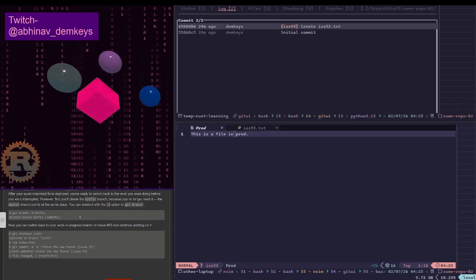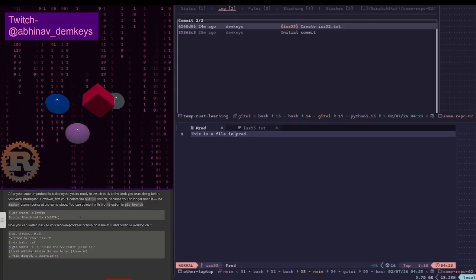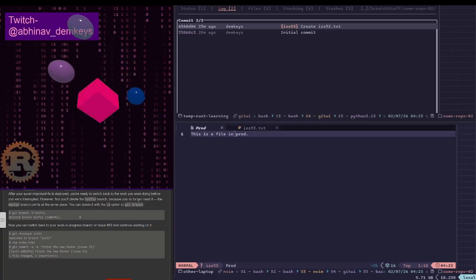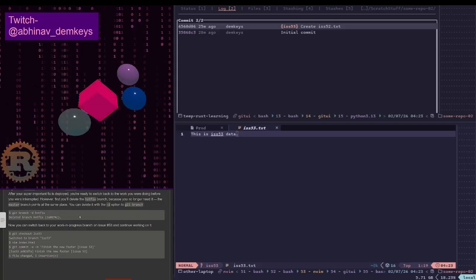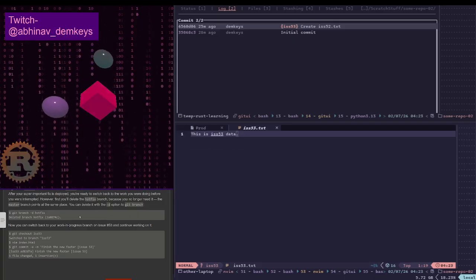In prod, created. I really shouldn't have called this prod. I should have called it some file or something, because prod is something else. You would then be pushing this elsewhere. I need to look into the concept of prod as well.